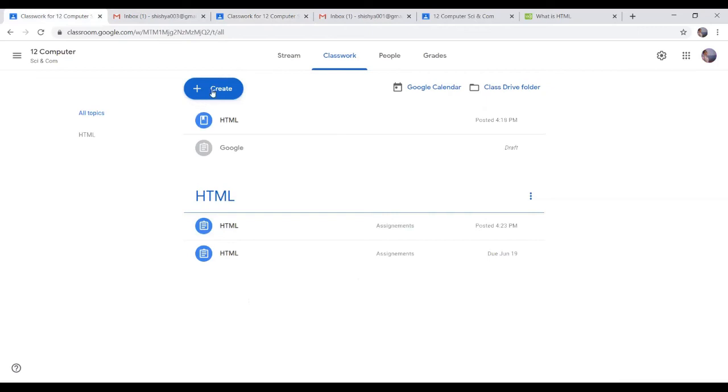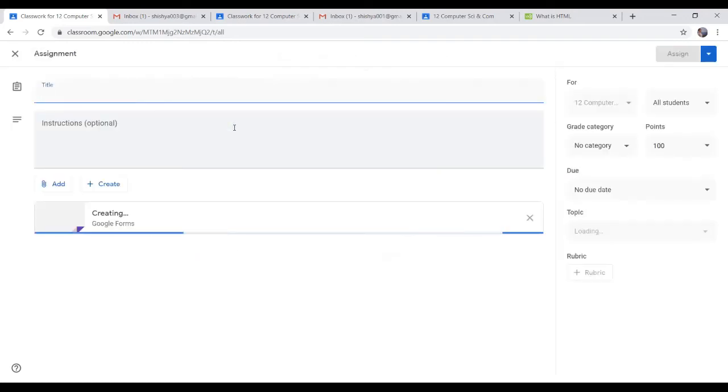So that is two things we discussed: creating material for students and giving some assignment. Let us see the third option, and that is quiz assignment. Students will enjoy this type of assignment because it requires only yes or no type of answer, MCQ type of answer. They don't need to type much in this, and they immediately will be getting the response also. So let us click on quiz assignment.